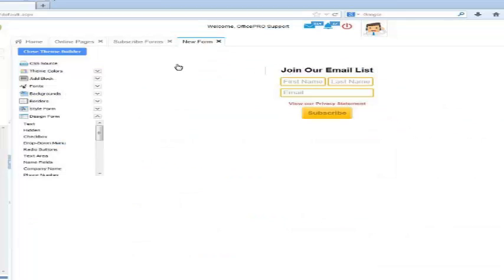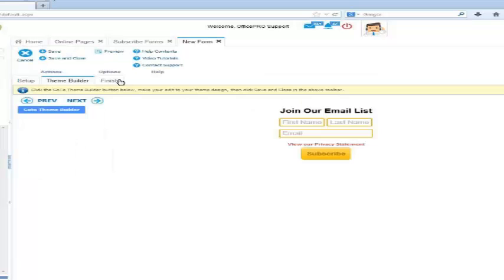So I can control the colors. I can control everything here if I'm a little bit more advanced. And that's why the basic is really good for the advanced, because it's pretty clean, and you just come in here and add the pieces that you want, and you're done. And then you just grab the code, and you're ready to roll. You can bring it into Dreamweaver,